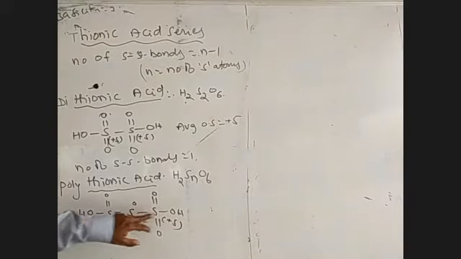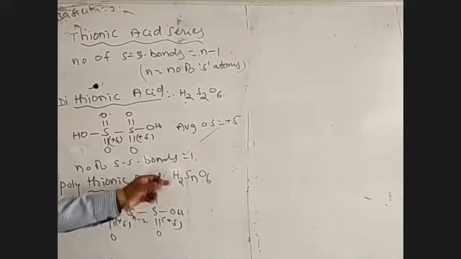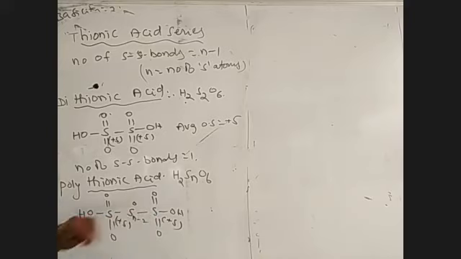The electronegativity of these 2 atoms is the same. So, the bond pair of electrons does not migrate to this sulfur and this sulfur. According to the bond pair, the charge on this sulfur is also 0. According to this bond pair, the charge on this sulfur is also 0. So, the oxidation state of this sulfur is 0 and these are plus 5 and plus 5. It is also containing SS bonds.